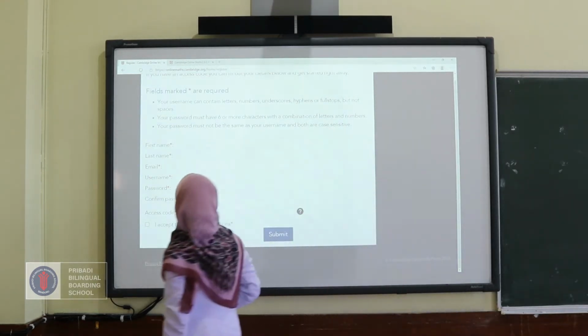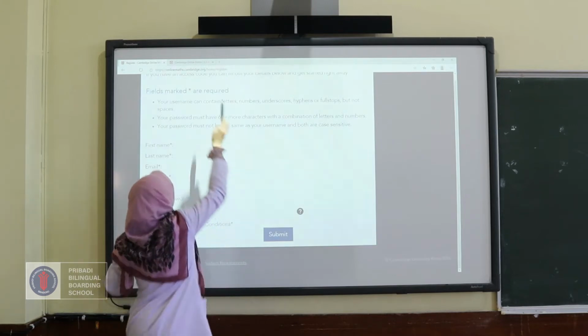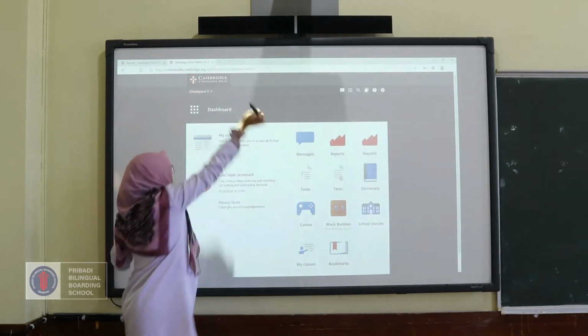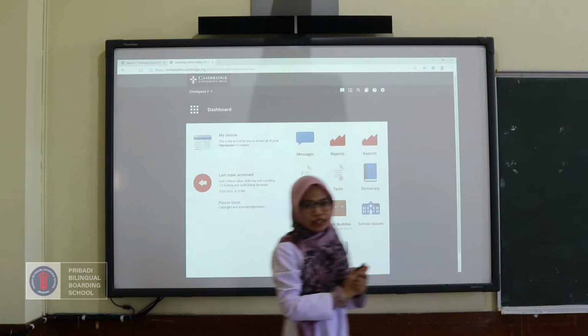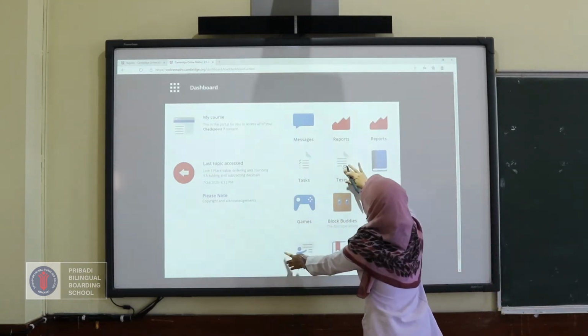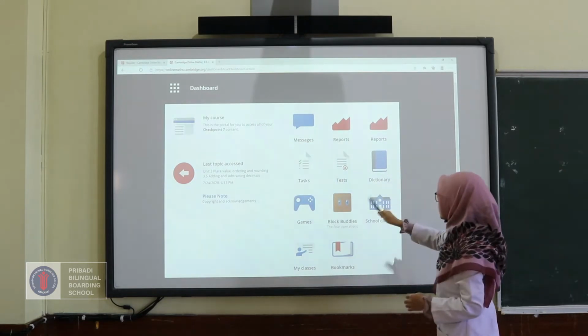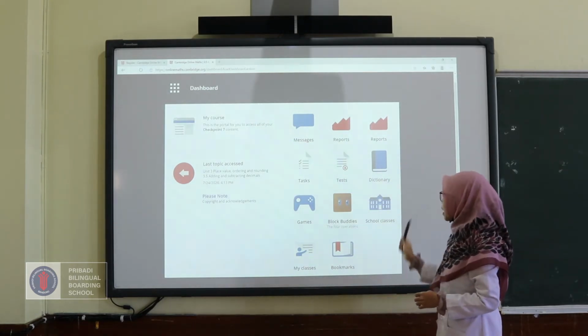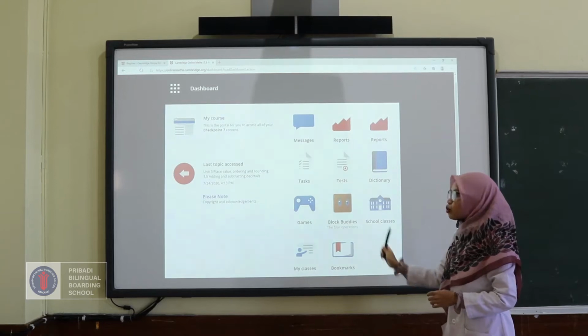Now, how do you know what your dashboard is like? Your dashboard will be like this. There are messages, reports, report tasks, test, dictionary, games, blog buddies, school classes, my classes, and bookmarks.